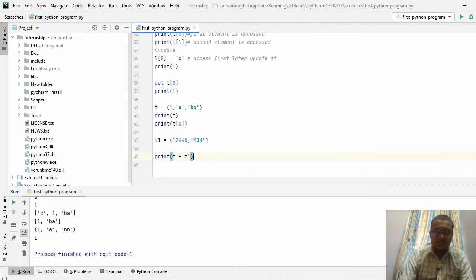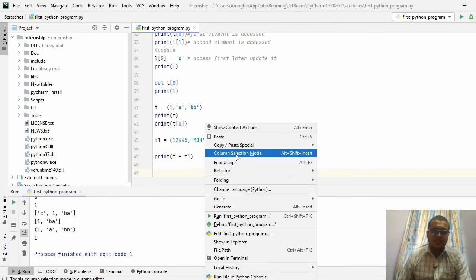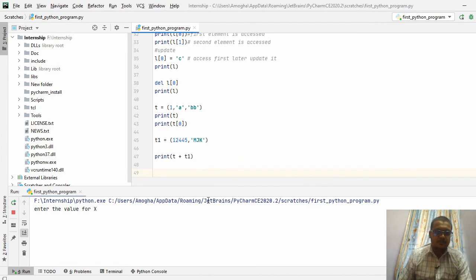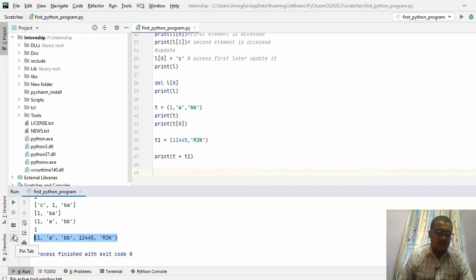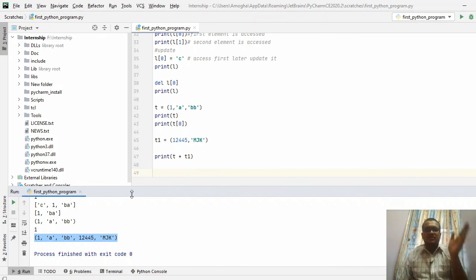You can see the output here. The first tuple is 1, a, b, b. The second tuple's values are 1 2 3 4 4 5 m j k. So that has been added here. So this is how tuple operations work. We can perform multiplication, that is the asterisk symbol, or a concatenation operation.